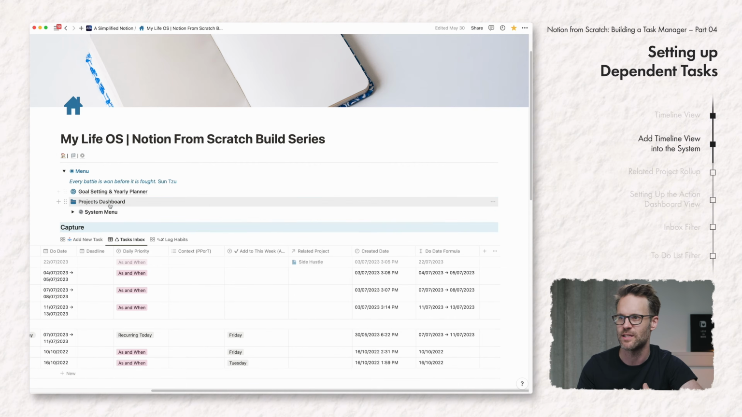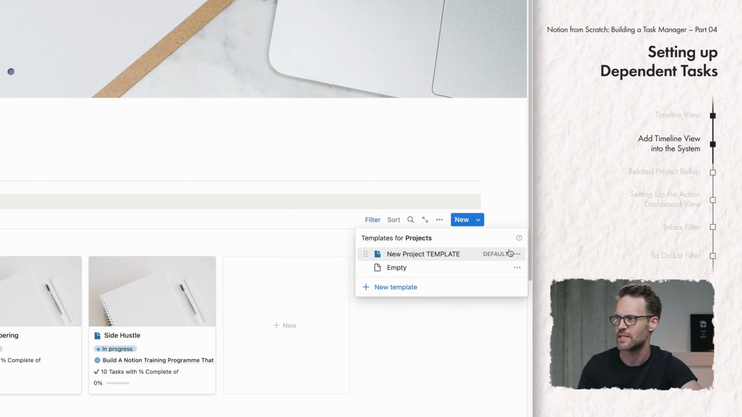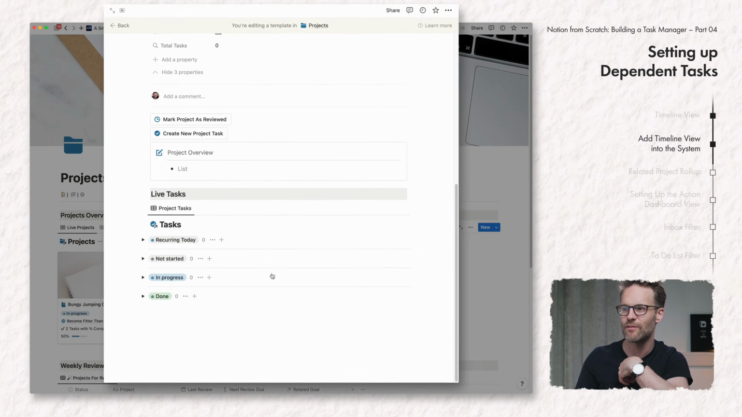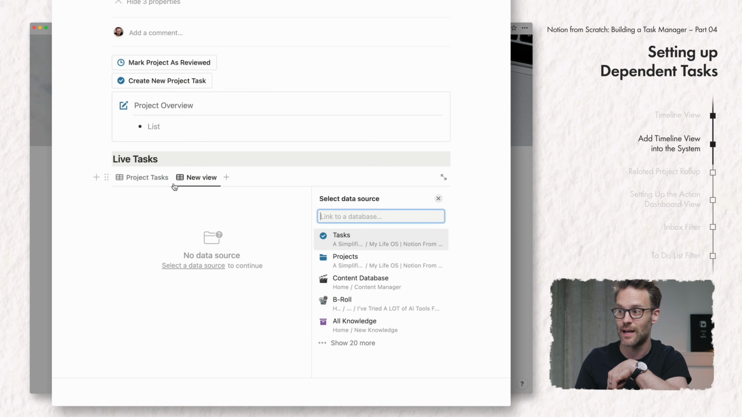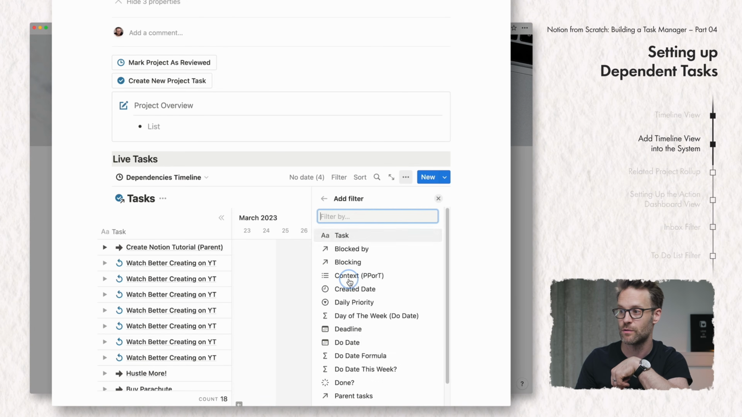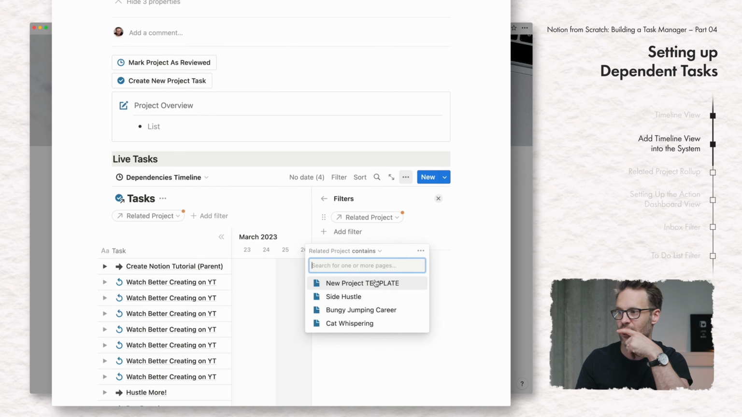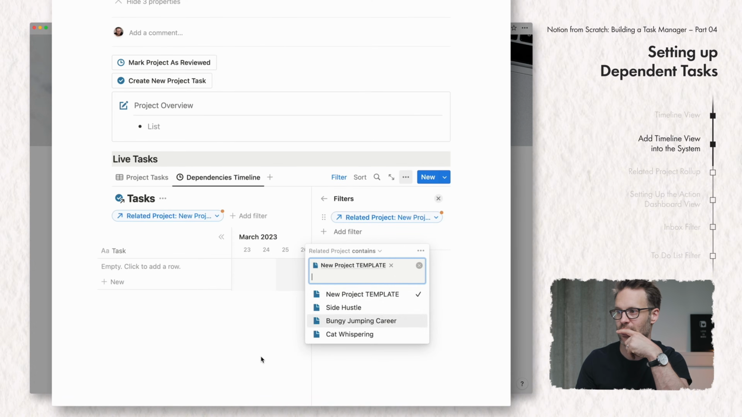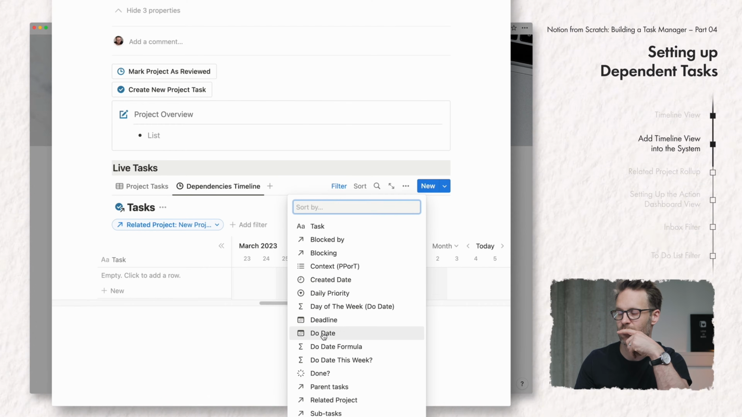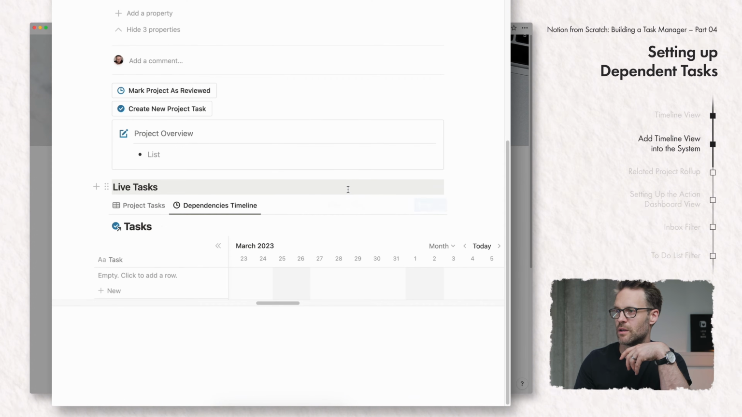So let's go into the projects dashboard. There they are. I'm going to click into here, edit the new project template we made in the previous video, and we're going to edit that. We have our task view here. This should be as simple as adding a tasks view, dependencies timeline, filter that timeline by related project contains this template, save that for everyone,